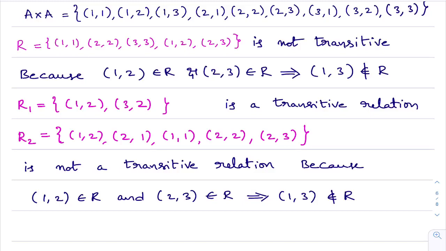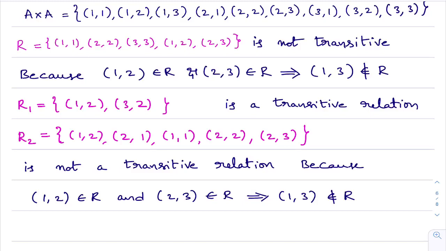That part is very clear. But at the same time, if you are unable to identify (a, b), (b, c) in the given relation, if you are unable to identify such ordered pairs in the given relation, then we say that relation is transitive. The best example is this R1. This relation is a transitive relation. We are going to practice a few more problems in the coming exercises. There you will get much more clarity about this transitive relation. I hope you understand what is reflexive relation, what is symmetric relation, what is transitive relation.